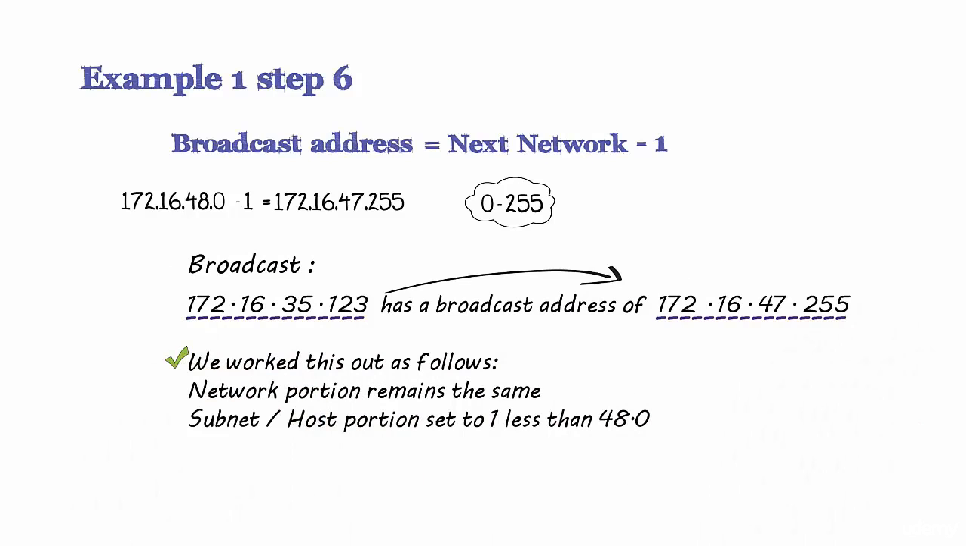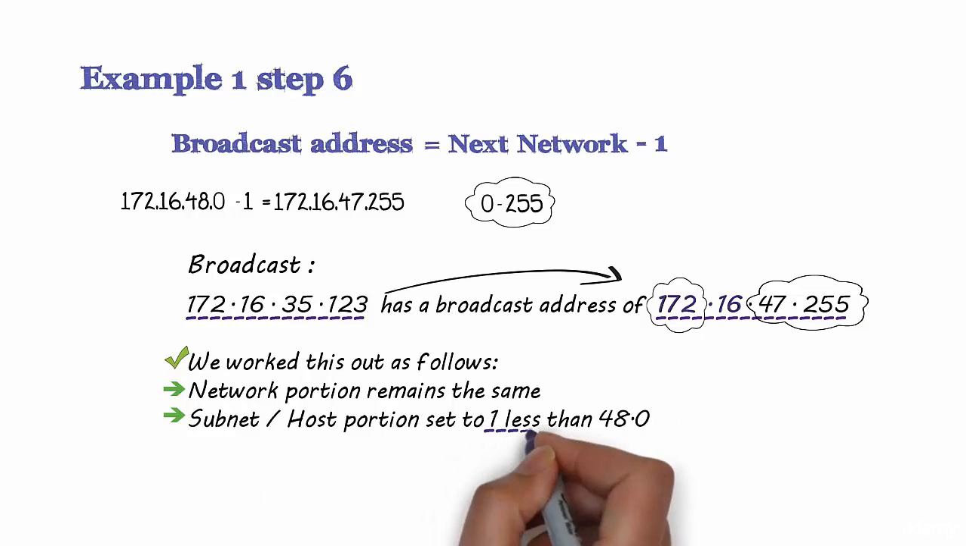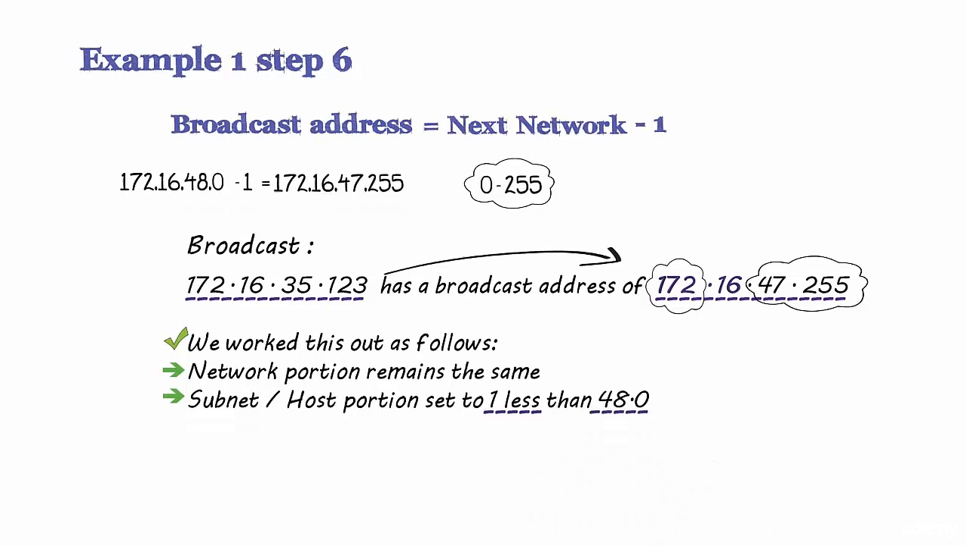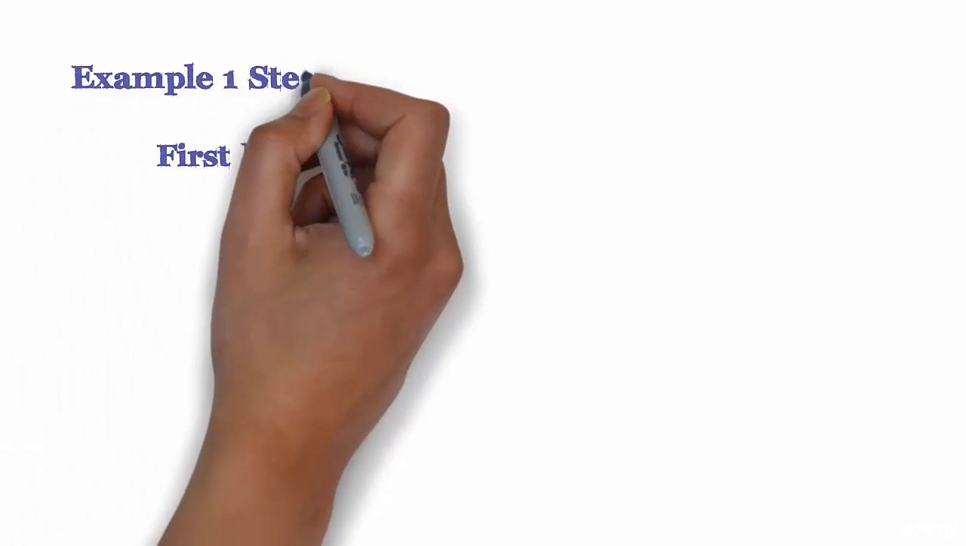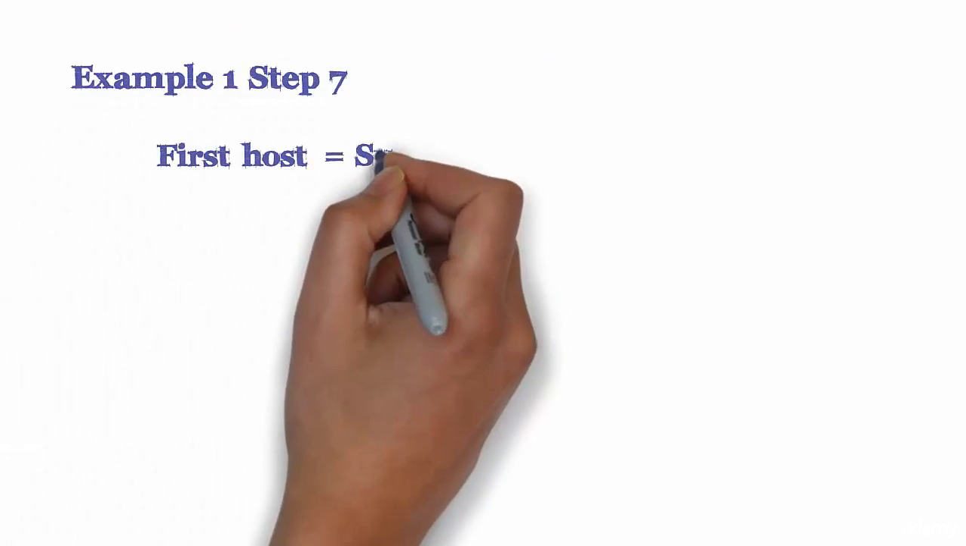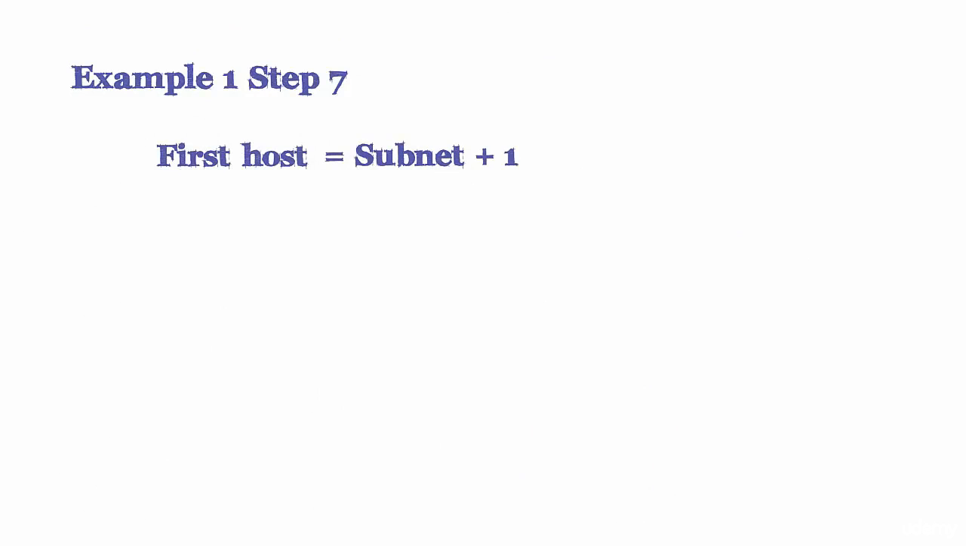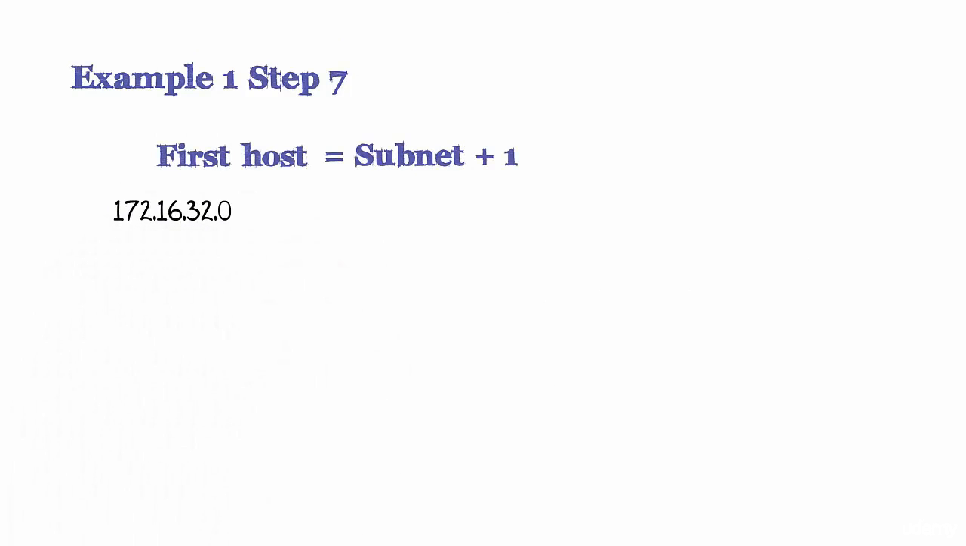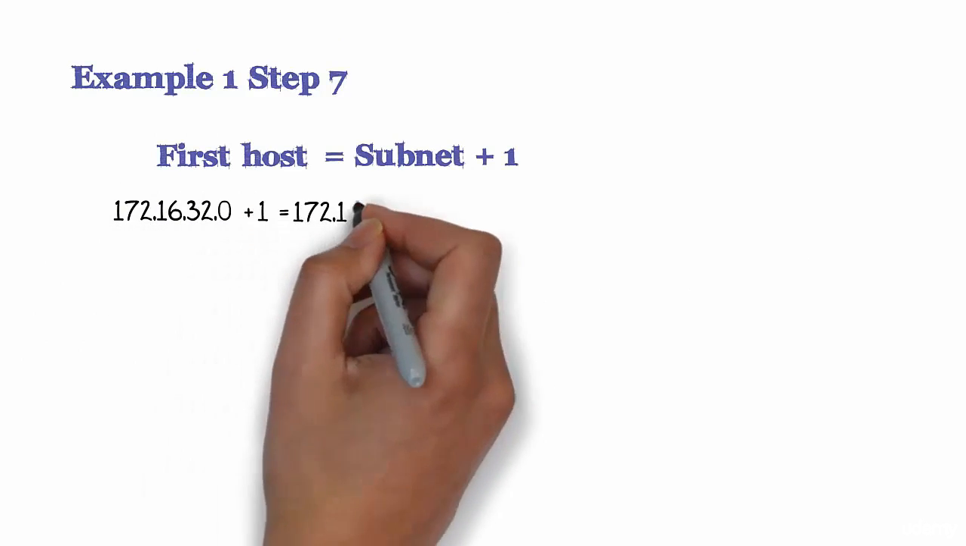172.16.47.255. We worked this out by leaving the network portion the same, in other words, the first 2 octets in blue, and then the subnet and the host portion is set to 1 less than the next network, which in this case is 48.0. To work out the first host in the same subnet, take your subnet and add 1 to it. So the subnet that we've worked out is 172.16.32.0, and if you add 1 to that, you get